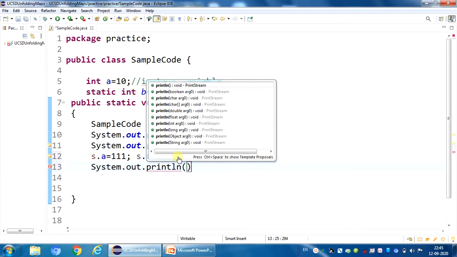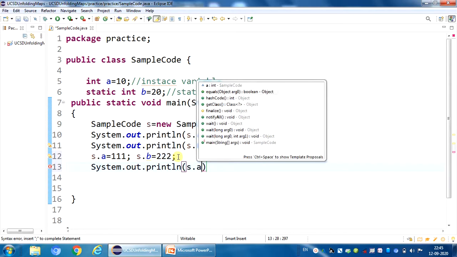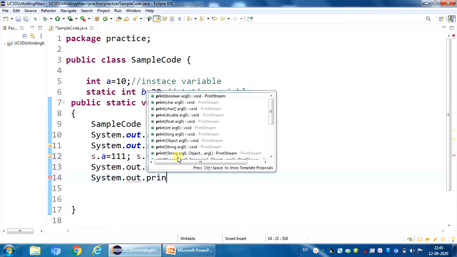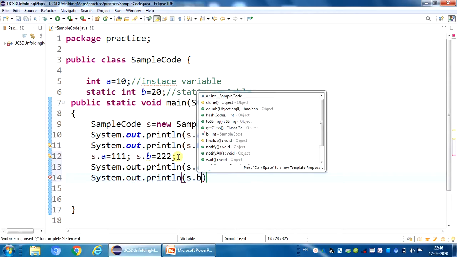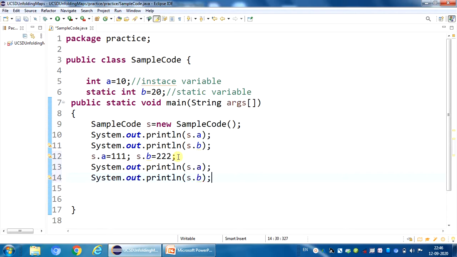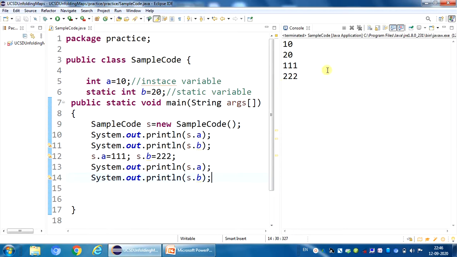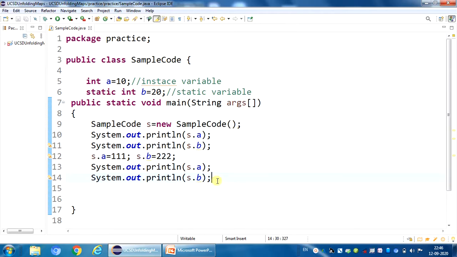System.out.println(s.a); System.out.println(s.b); And here the output from the code is 111 and 222.